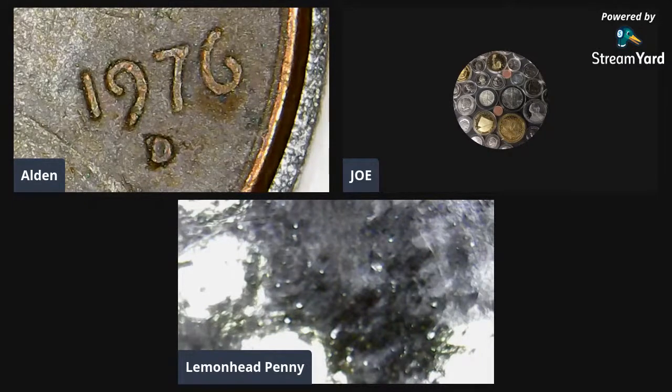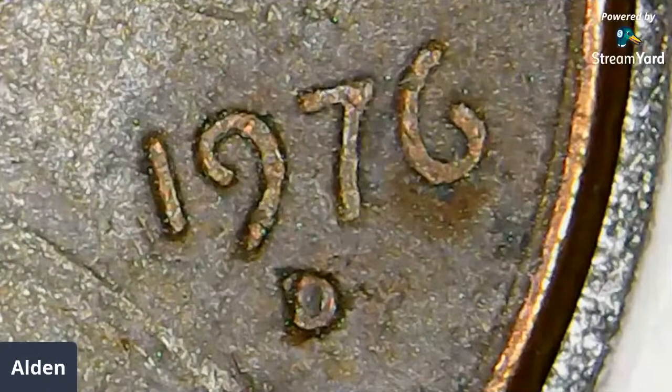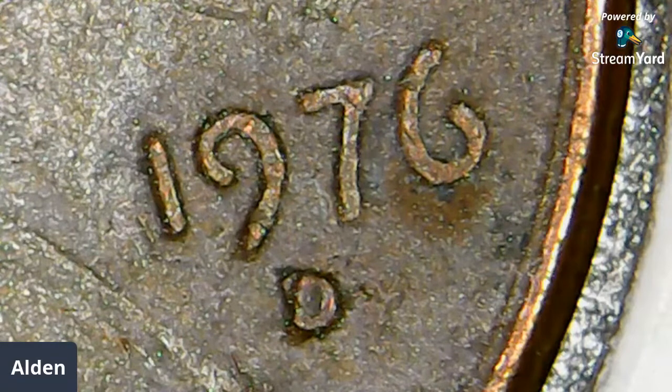That's a nice little RPM. I like RPMs. Yeah, I do too. D over D. I mean, it's a circulated coin, but